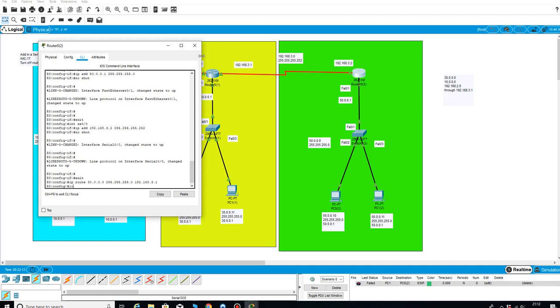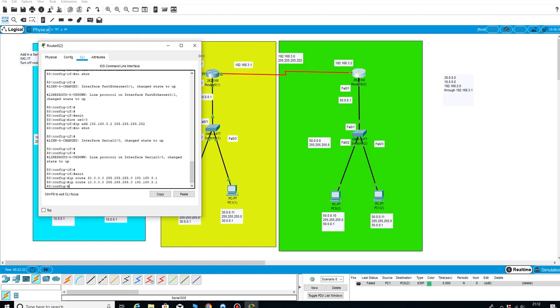And we need to do IP route 10.0.0.0, 255.255.255.0, and again that's 192.168.3.1. Okay,